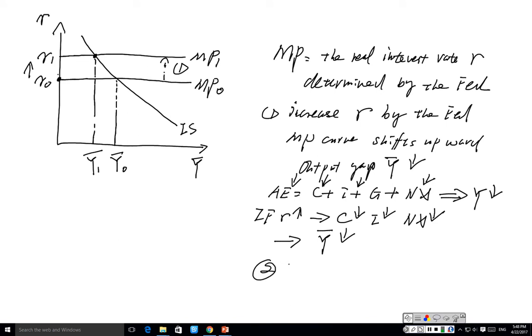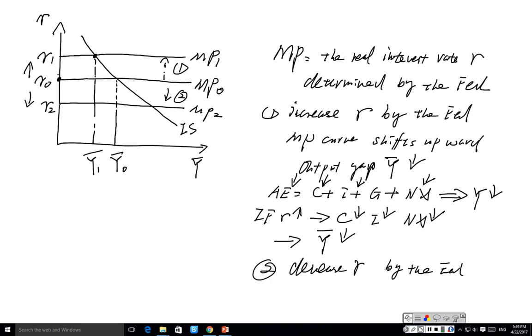Of course, the opposite case is for the Fed to decrease the real interest rate. And you can imagine everything will go in the opposite direction. The MP curve will shift downward to MP2. Which means the interest rate goes down to R2, and this lower interest rate will stimulate the economy,